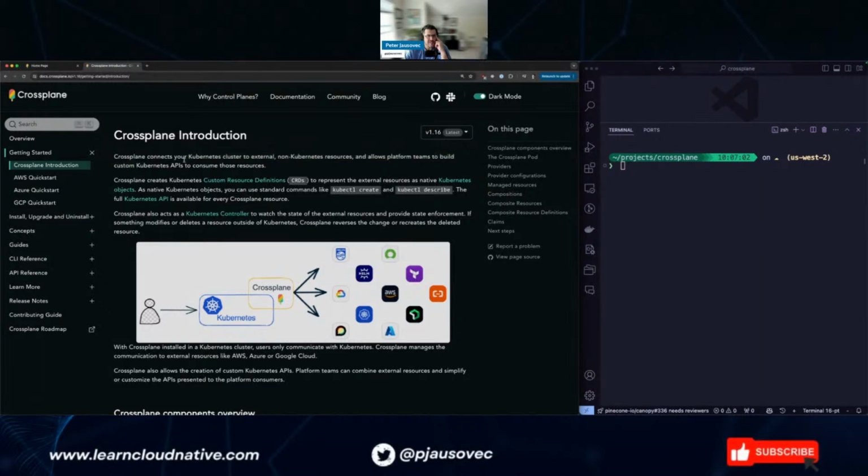So it connects your cluster to an external non-Kubernetes resource and allows platform teams to build a custom Kubernetes API to consume those resources. So Crossplane creates CRDs that represent the external resources as native Kubernetes objects. So an HTML site could run outside of Kubernetes, for example, if we go with that, right? And then you can use create, describe, etc., the full Kubernetes API. So whatever you use for your deployments, pods and services, you can use for